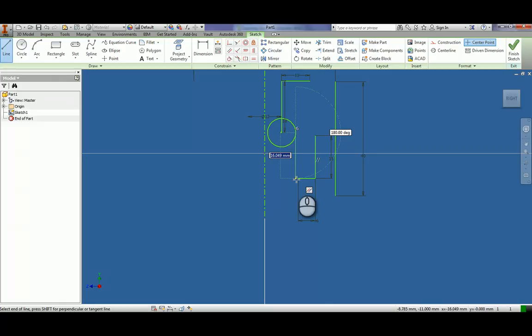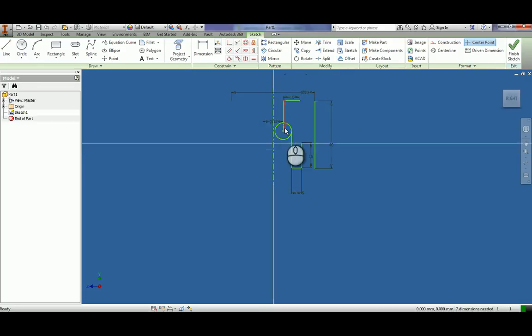So 40 minus 18, so that's 22 down. Is at 50, and now you're going to put here, you're going to put 1, 90,